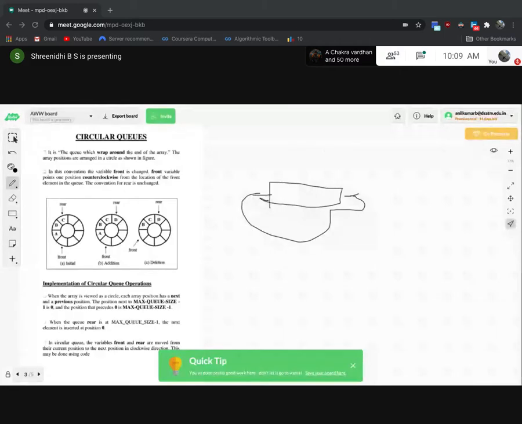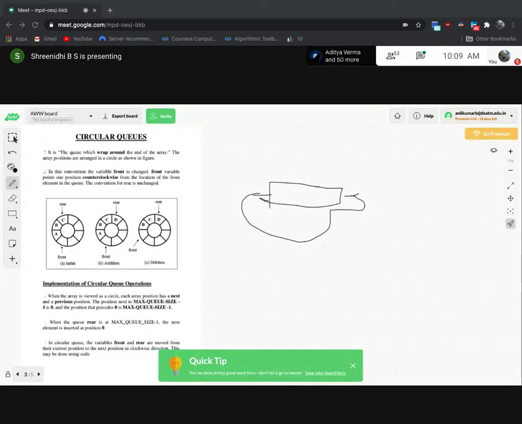Whenever an element is deleted from the queue, we can keep on inserting into the circular queue. It will be connected in a rotational fashion. While explaining the program, I will explain how it works properly. Basics of a circular queue I am going to discuss today. Here, initially both front and rear will be at the 0th position. Then keep on incrementing the front value.